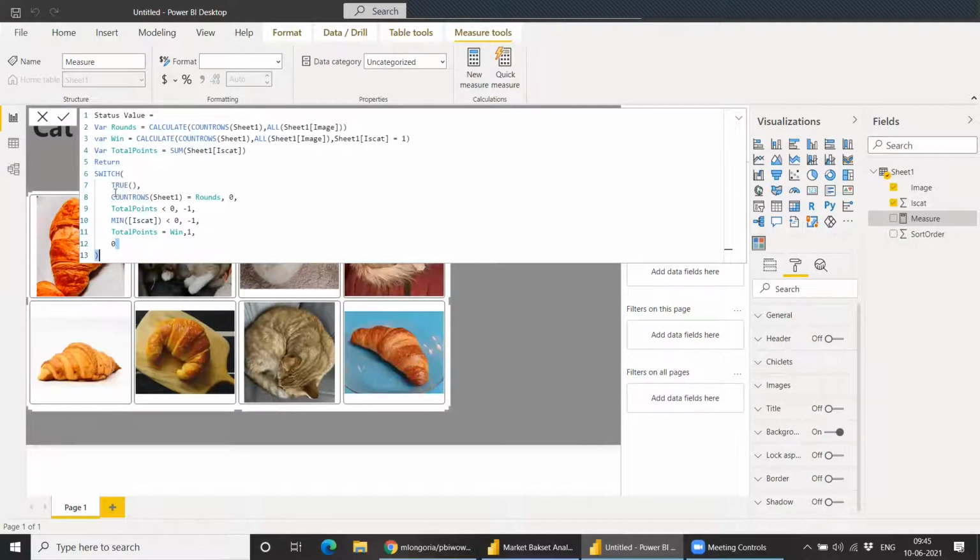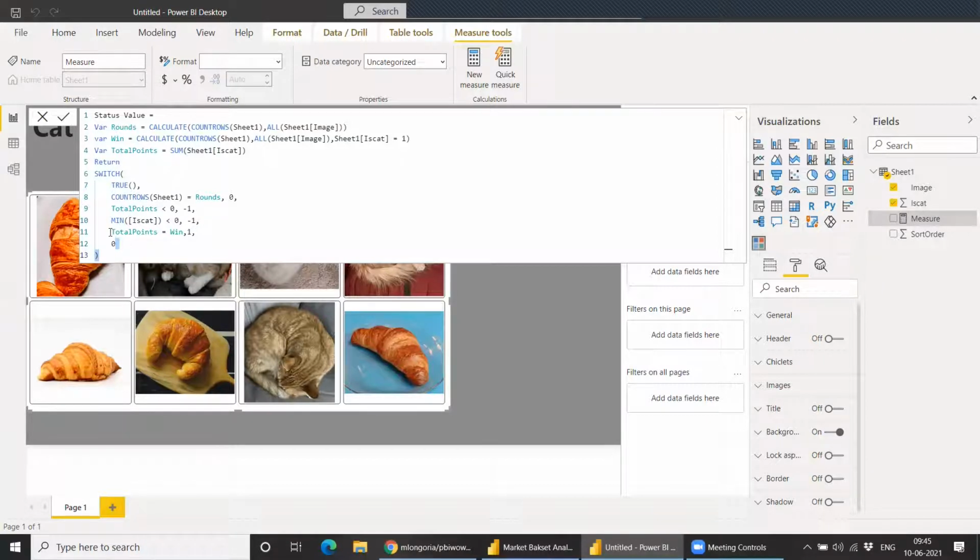And then we are using a switch condition. So if the count of all rows is equal to rounds, so basically we haven't selected anything. If our total point is less than 0, so basically we have selected a wrong image. If the minimum of isCat is less than 0, then also basically we have selected a wrong image.